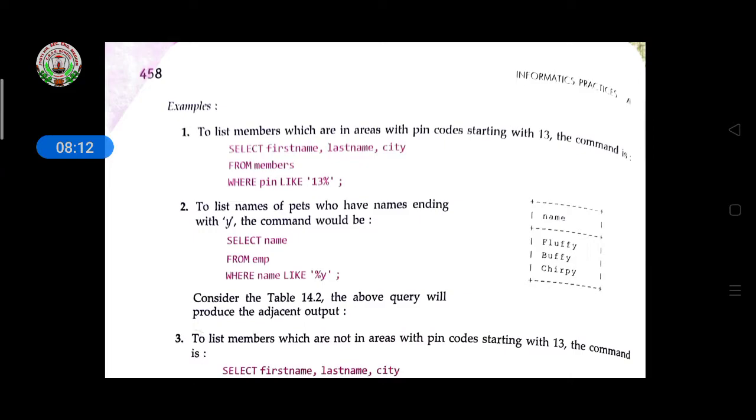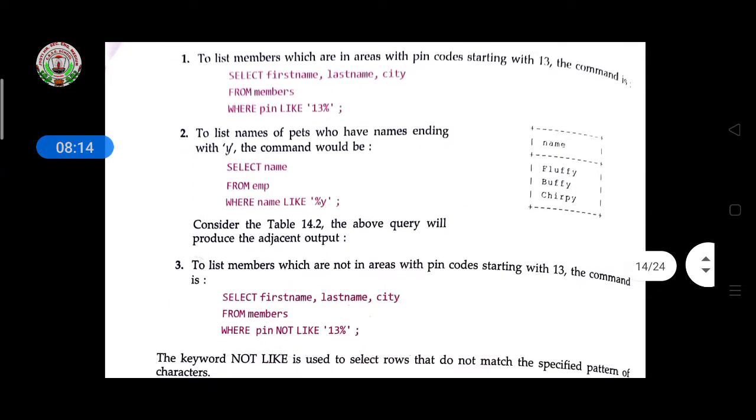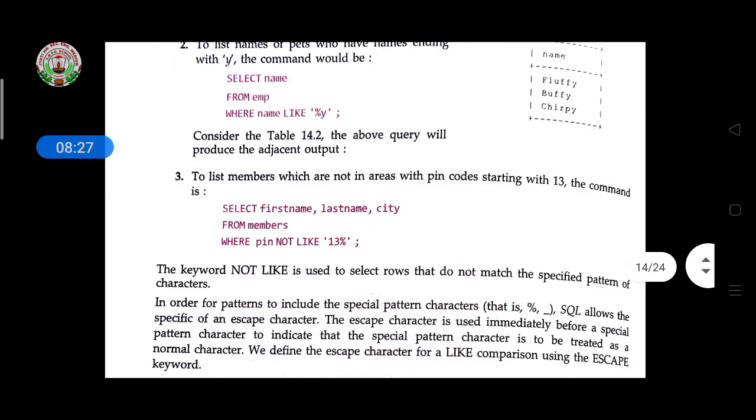Then, to display the names of pets having names ending with Y, it will search the table for all pet names ending with Y and display them.